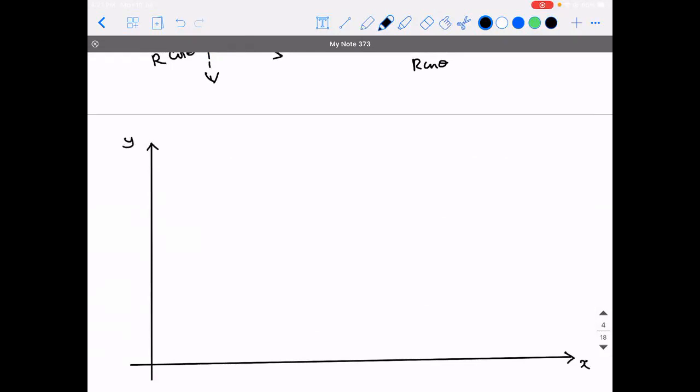X-axis, y-axis. Okay. So if I take this point, that's obviously the origin. Let's say there is a particle at that place which is given an initial velocity in this direction, right? In such a way that this velocity vector is making an angle theta with the horizontal. Then what can you do to this velocity vector along the x direction and y direction?